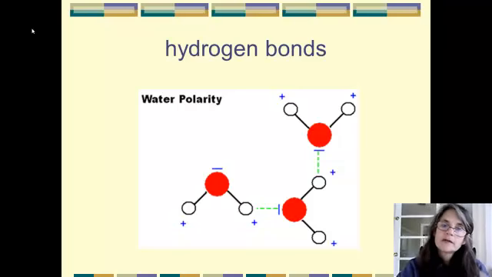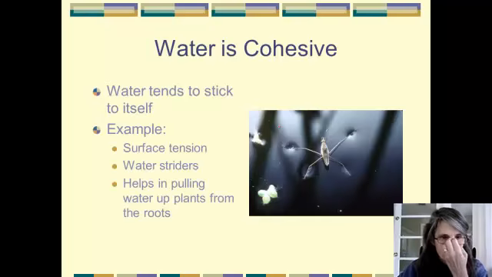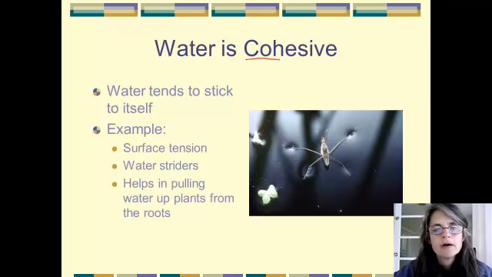So, what we're going to talk about now are some of those properties or behaviors or characteristics that water has that are kind of unique to water, that we don't see in other molecules and that are so very important for living things on Earth. Okay? So, all of water's unique properties are derived from its polarity. Its polarity, it's having little opposite ends. That's really important. Okay? So, the first property that we're going to talk about is that water is cohesive, meaning